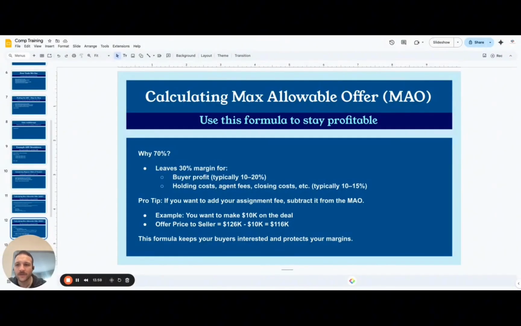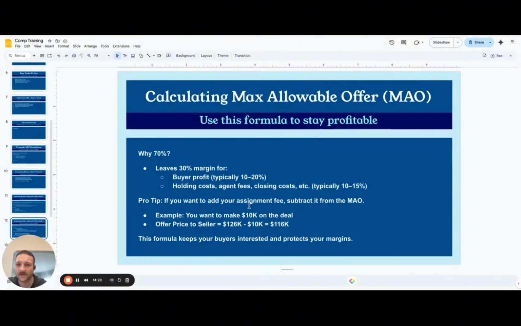So you can see why some people are more comfortable buying at 75%, others want to buy at 65%, because they want that profit margin to be higher or lower, depending on their risk tolerance and how often they do this. If they're professionals doing 1 to 2 flips a month, versus just a husband and wife doing 1 to 2 flips a year, they're probably going to want a bigger spread.